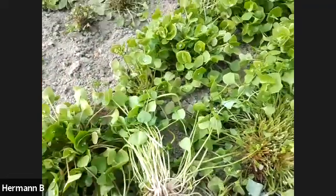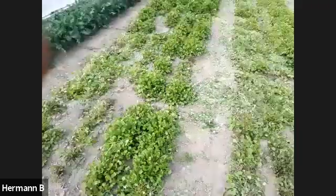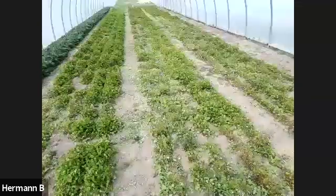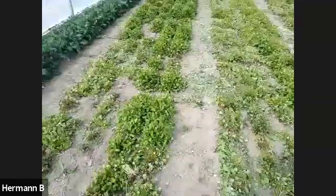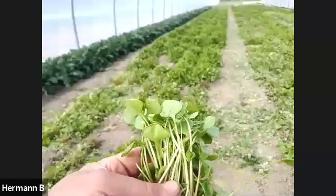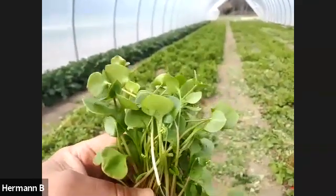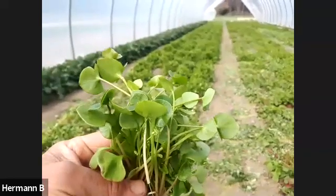And it's very cold hardy, just loves dreary weather. You'll never get mildew on here like you can in spinach or lettuce. It just loves and thrives when it's low light and moist and damp. That's the conditions it likes the best. And so that's when it just starts taking off. So we don't seed it